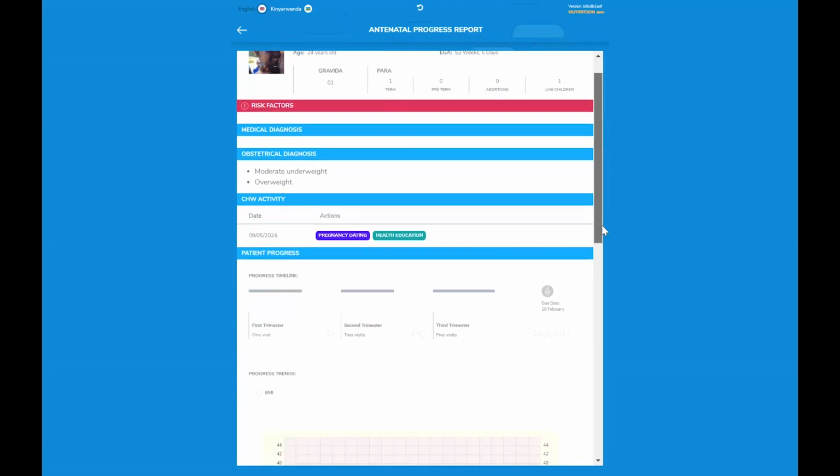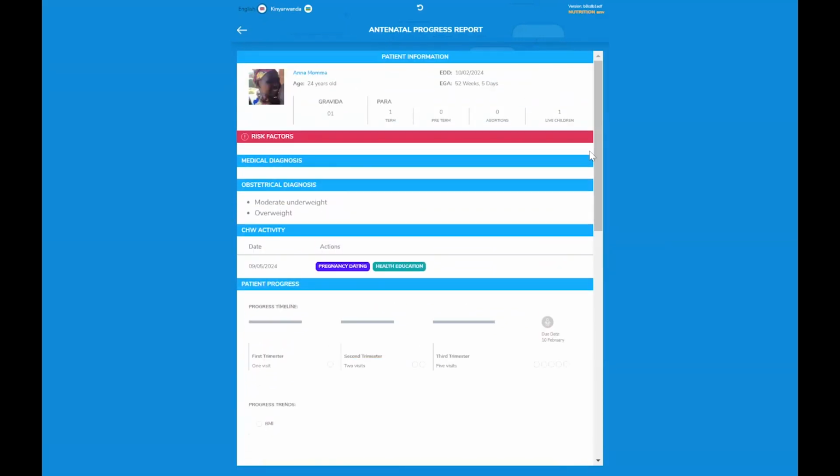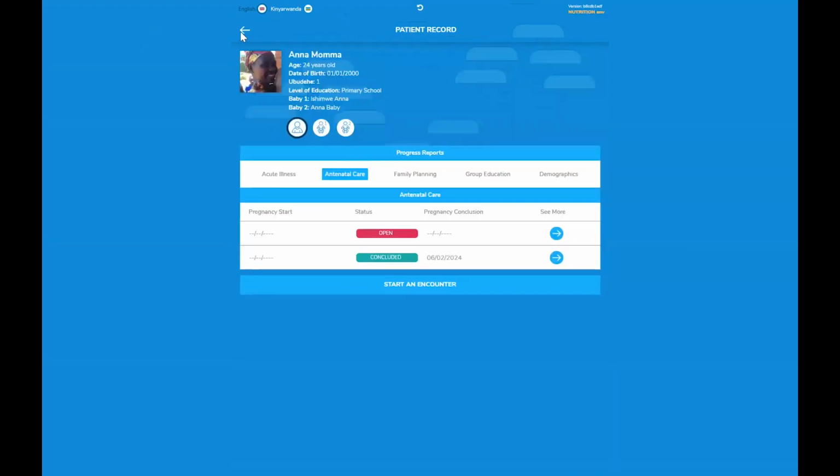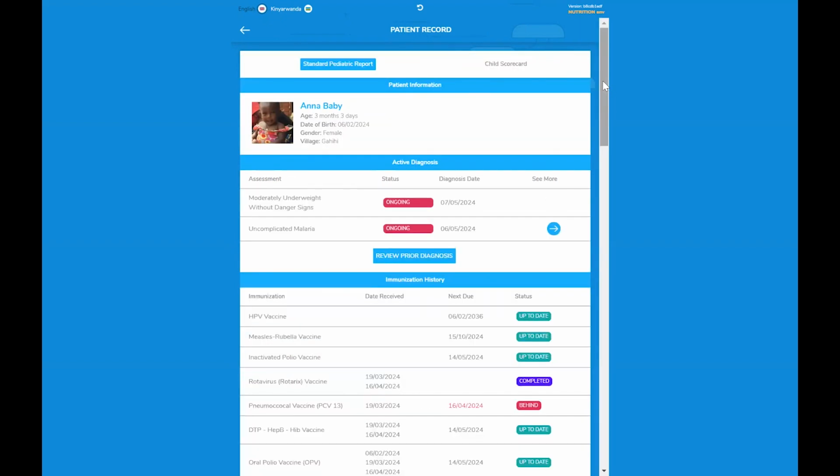And it also shows when fetal heart tone is noted for the first time. On this particular progress report, it's not shown. Here you could also open the new pregnancy, the current pregnancy, but we will go straight to her child, Anna. This is Anna's progress report. Here you can see a combination of